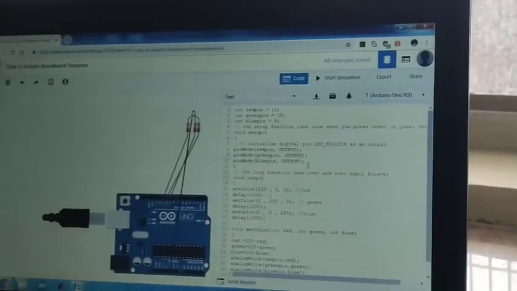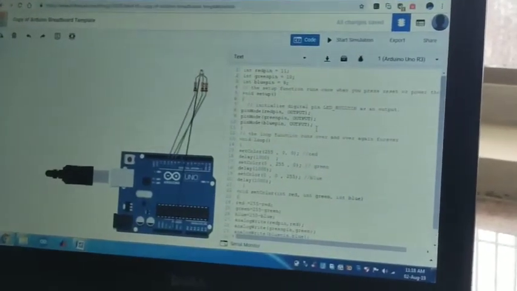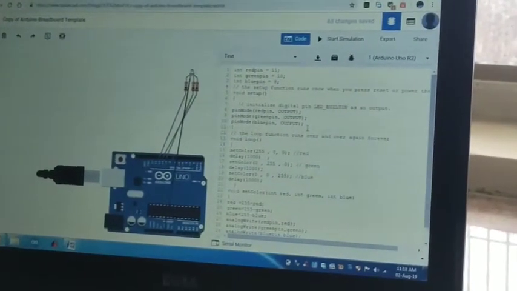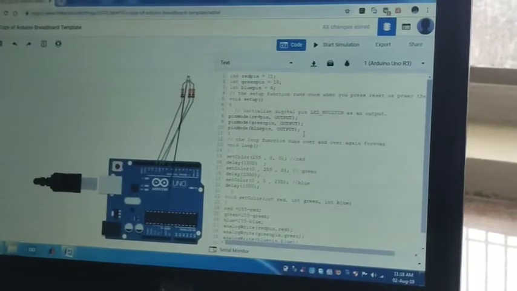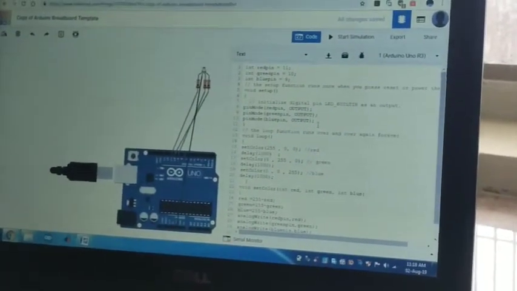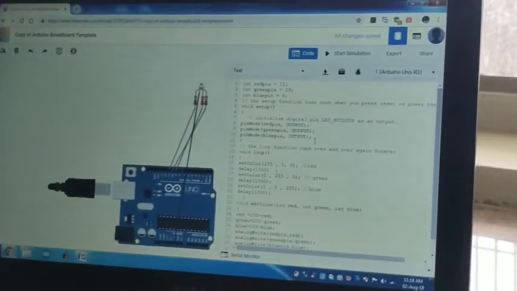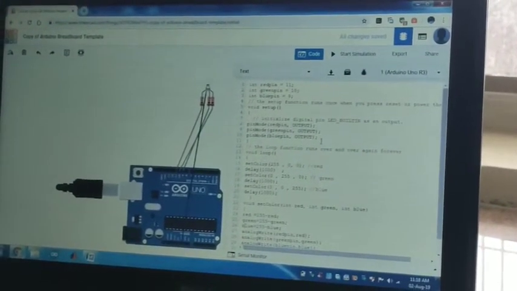In the looping statement we set the color, right? Which color you want to play, set color of 255, 0, 0 for red, and a delay of 1 second, that is 1000 milliseconds equal to 1 second.